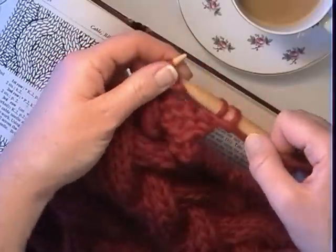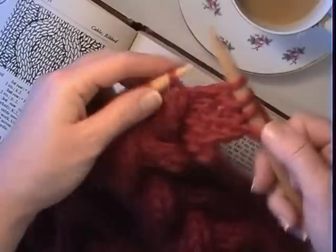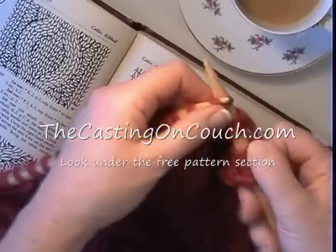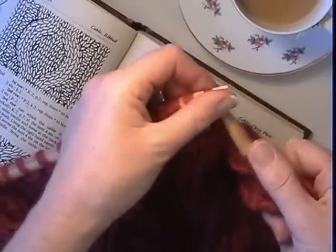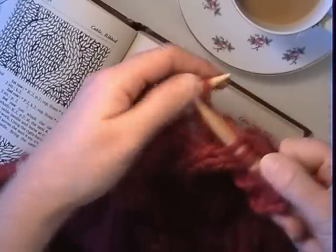Row 1: knit 2, purl 2, then knit 9. After knitting 9 you purl 4. Now repeat that sequence throughout